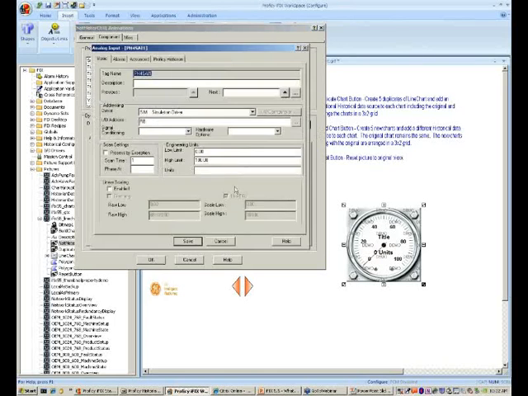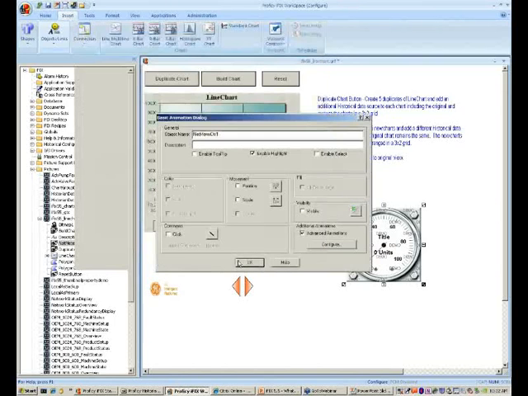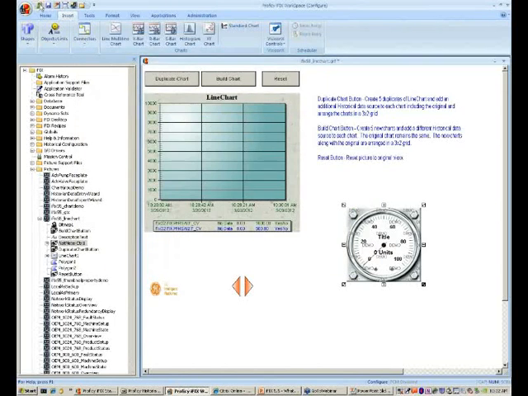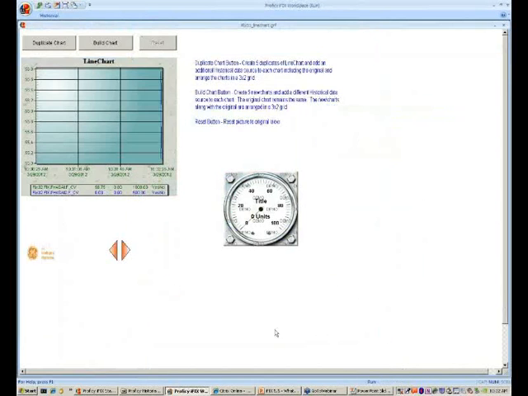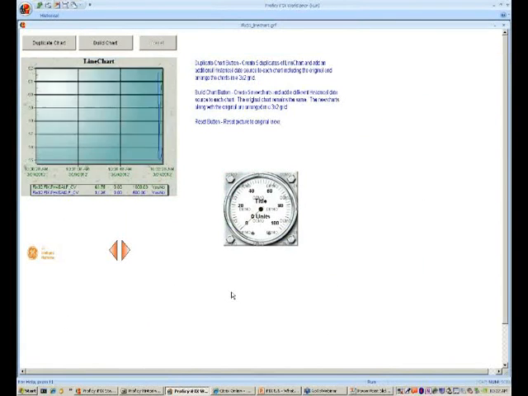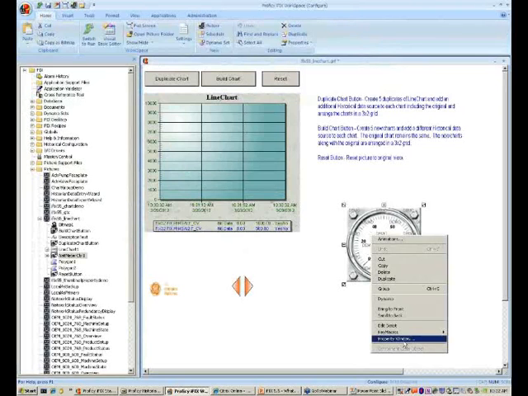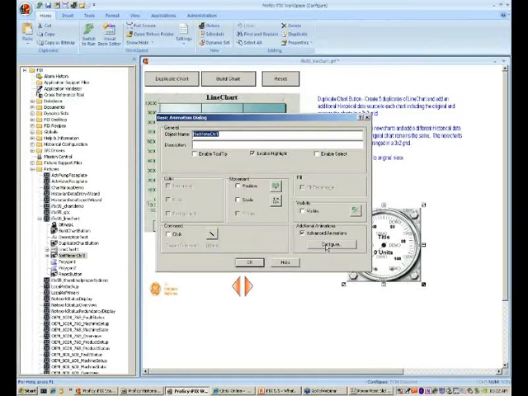I'll just use a tag that has a 0 to 100 here, so we can see the scale. And as I go here, it should animate it based on the value. Okay, let me see what is happening. But the idea here is that it allows you to go in and